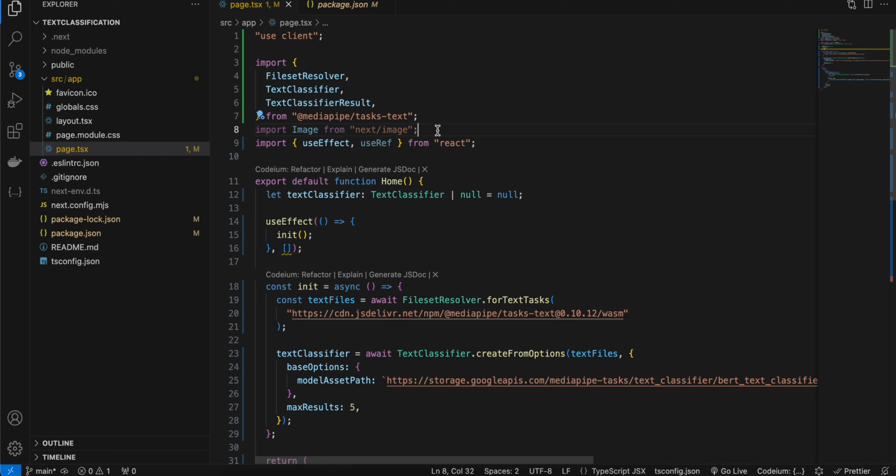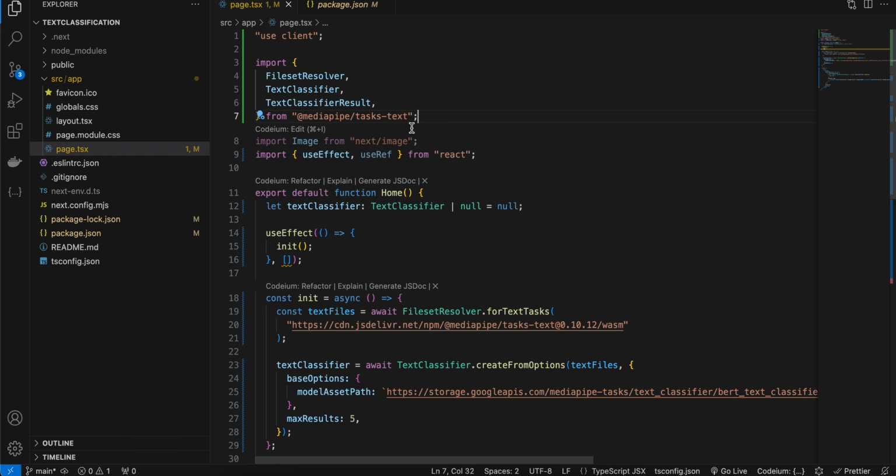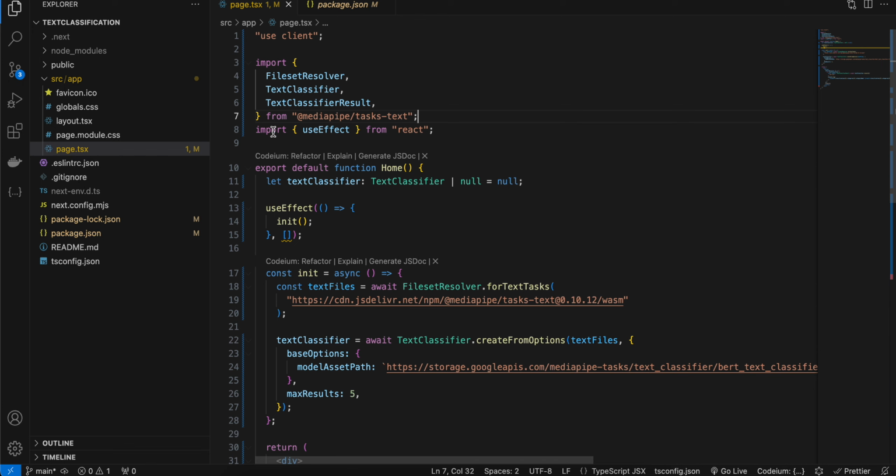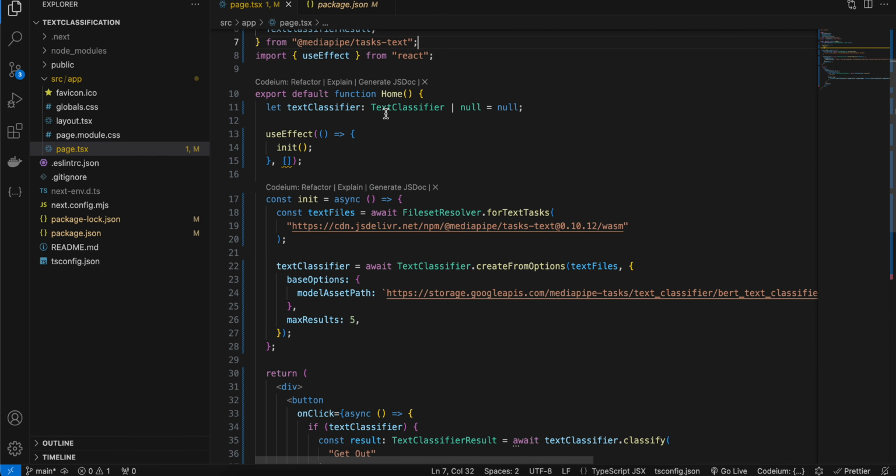We don't need this image, so you can ignore this image component, I mean. And here from React I have just imported useEffect. We don't need this as well. Okay. Next, inside our page I have created a variable for text classifier, and inside useEffect I am calling